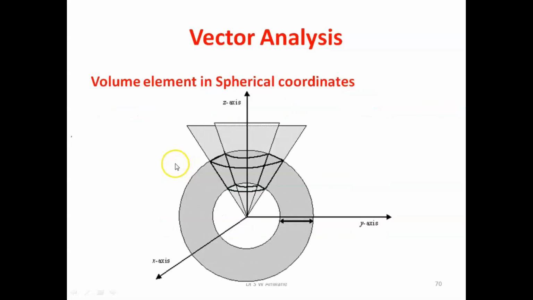Now if you would like to find the volume element in the spherical coordinate system, you have to consider two spheres, one of radius r1, another of radius r2. One cone of theta equal to theta 1, another cone theta equal to theta 2, and then two planes, say phi equal to phi 1 and phi equal to phi 2. This time in this plot I have shown the xz plane, that is phi equal to 0, and phi equal to pi by 2 is shown by the yz plane. So the concerned closed volume enclosed by 6 surfaces is appearing on the screen, which is the volume element in the spherical coordinate system.